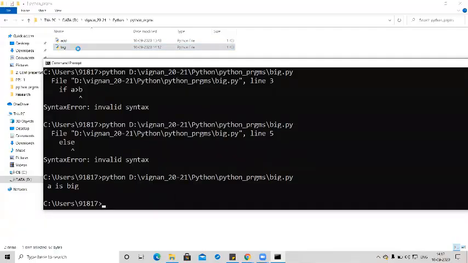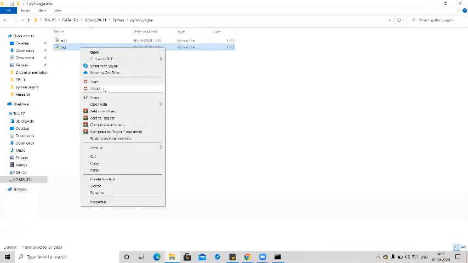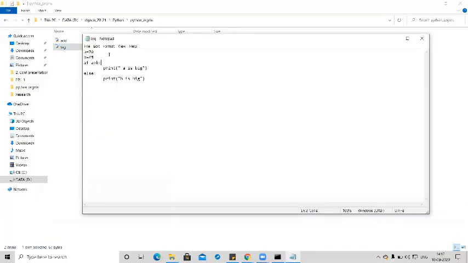See here, in the code, if is having a colon, okay. I forgot to write this, and else is also having a colon here. Don't worry about this. These if and else are covered in control structures, which we will learn in the next unit.